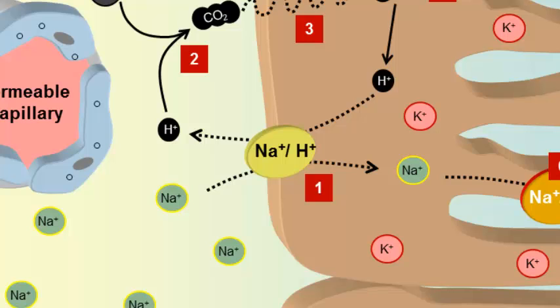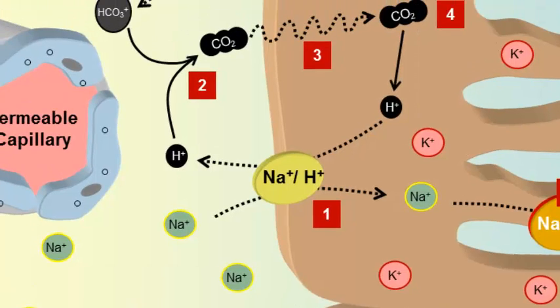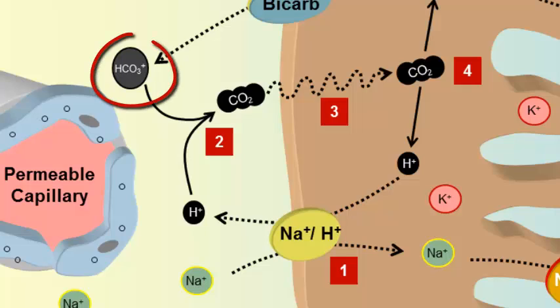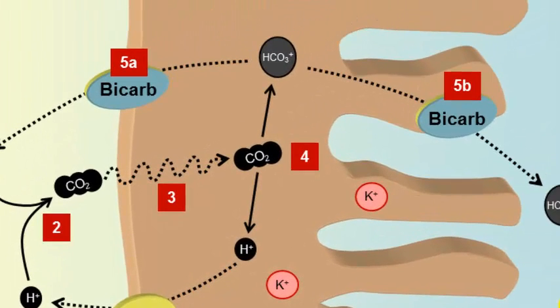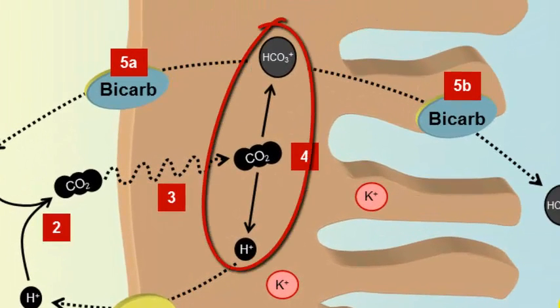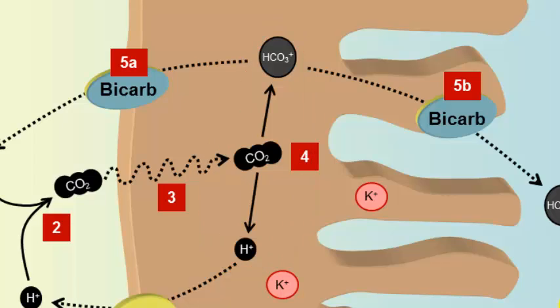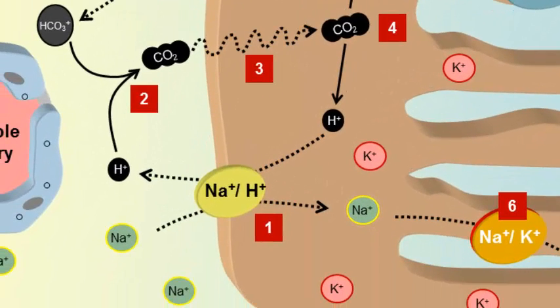Once the proton is moved out into the choroid ISF, it is able to react with free bicarbonate, forming carbon dioxide. The carbon dioxide, as a freely diffusible gas, can diffuse across the membrane of the epithelial cell, the basolateral membrane, and into the epithelial cell. Carbon dioxide then can react with water to form carbonic acid, which will dissociate into a proton and a free bicarbonate. The proton that is produced in this reaction can then act as a substrate for the sodium-proton antiporter